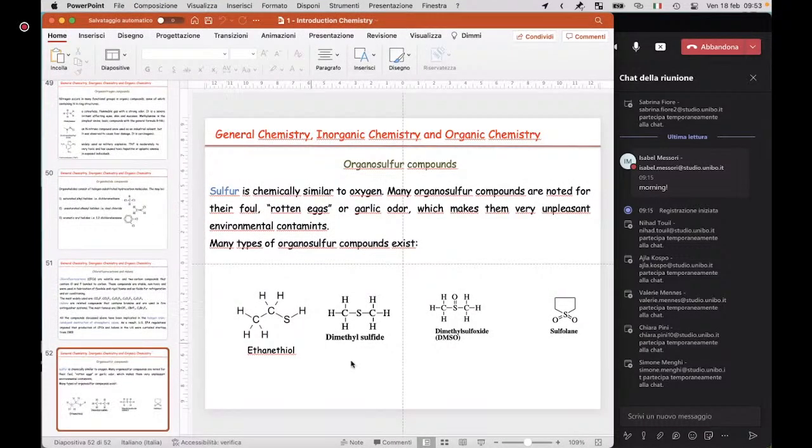So I think this is everything for, let's say, just a brief survey of the different kinds of organic molecules that we can find in different parts in our bodies, in the environment, and so on. Just to have some info on what kind of organic compounds we will find then in the following of our course, of our lessons.